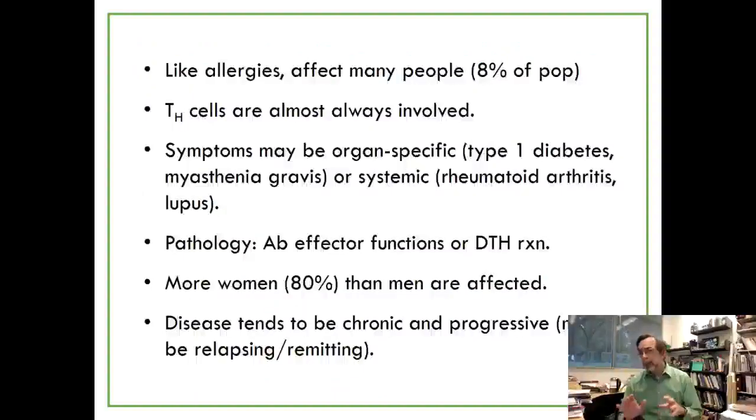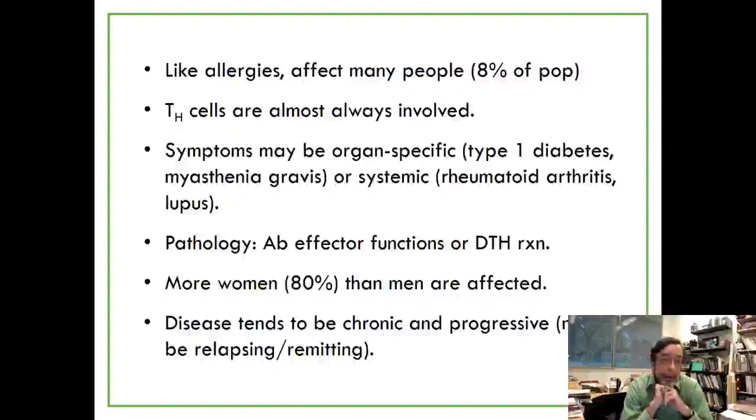So autoimmunity is like allergy, but it's different. Just like we talked about in class, how cancer is involved with autoimmunity, but it's different because cancer is kind of other. Cancer is something you want to destroy, whereas yourself, you don't want to destroy, right? So we have to be very precise in how we talk about things. Allergies are where you're overreacting to something from outside that you shouldn't overreact to. Autoimmunity is where you're overreacting to yourself. There is an overlap, though.